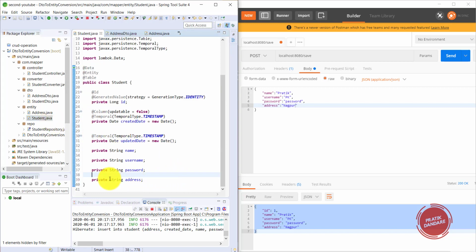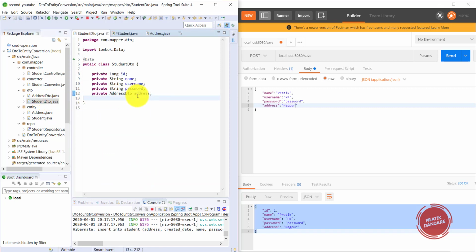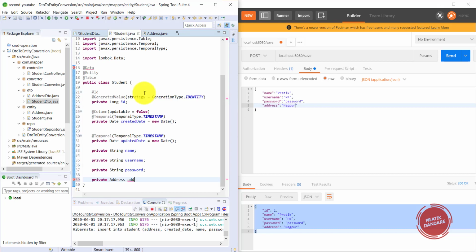So it's an address mapping, and the spelling should be the same. Otherwise, it gives you not an exception but basically a null, because it works on the basis of the spelling we use here, or the attribute name in other words.